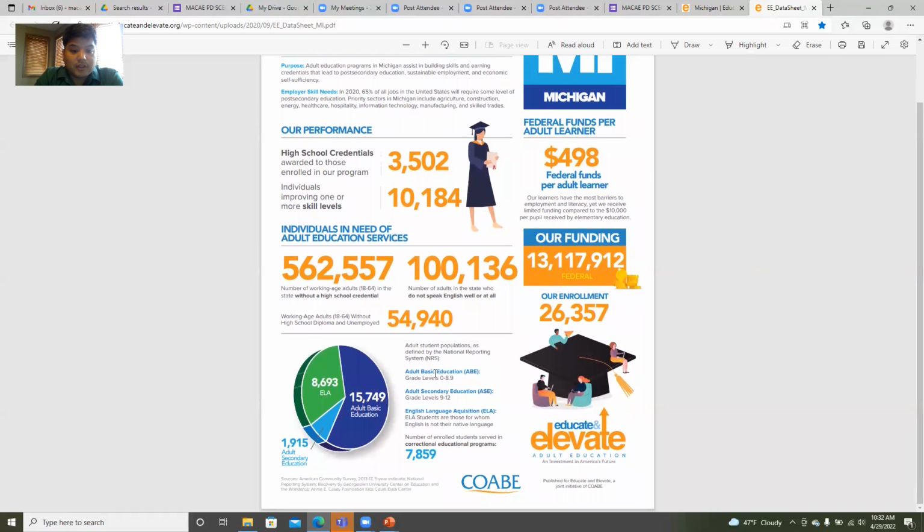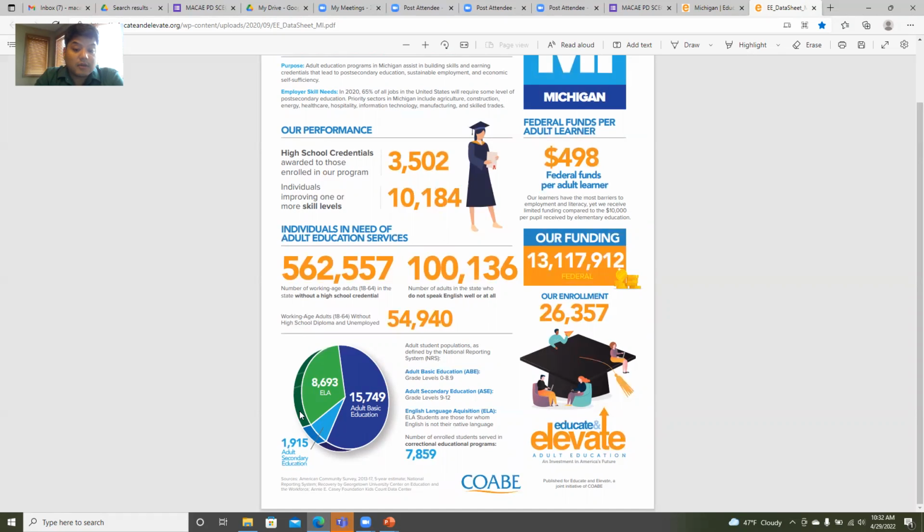And certainly if we look down here, a majority of our learners are adult basic education. A majority, and we'll look a little bit at Michigan's statistics towards the end of the presentation, but a majority of the adult basic education learners we have are very, very low. I mean, we serve some of the least literate individuals in our ABE system. When we get into adult secondary education, that's certainly a smaller piece of the pie you can see there.